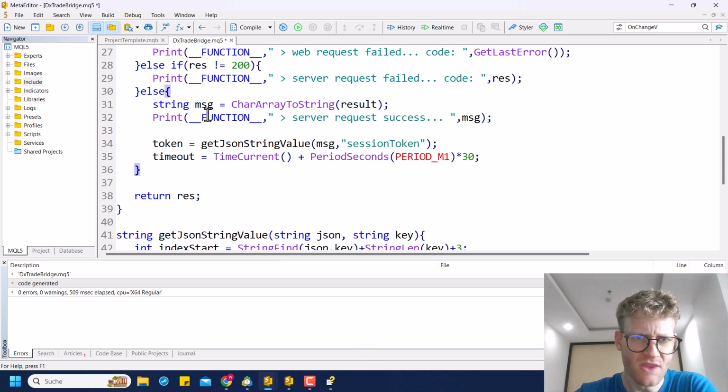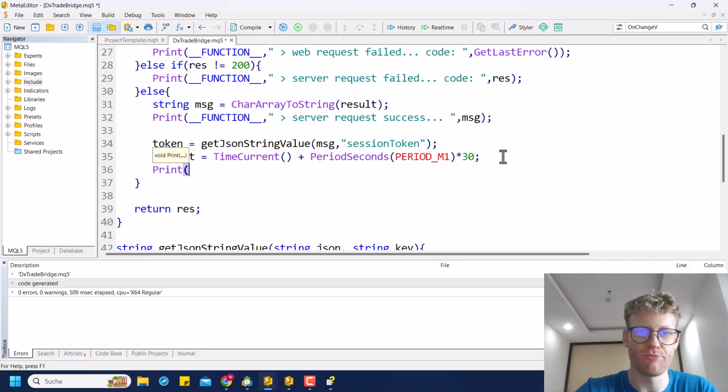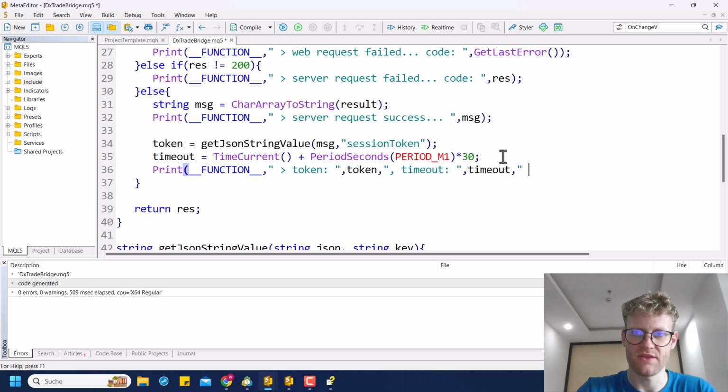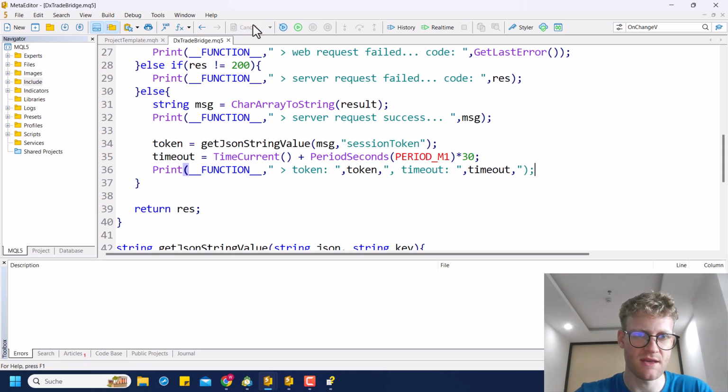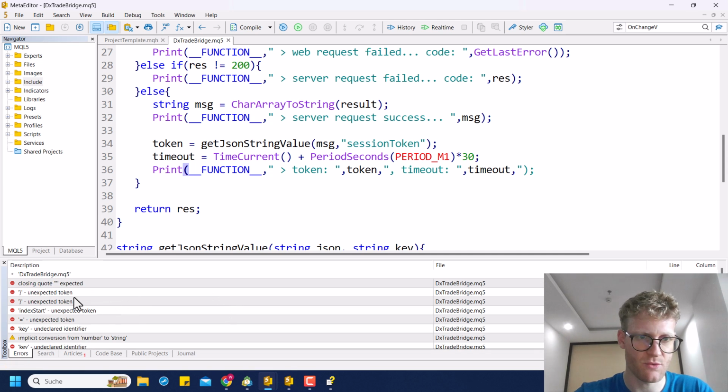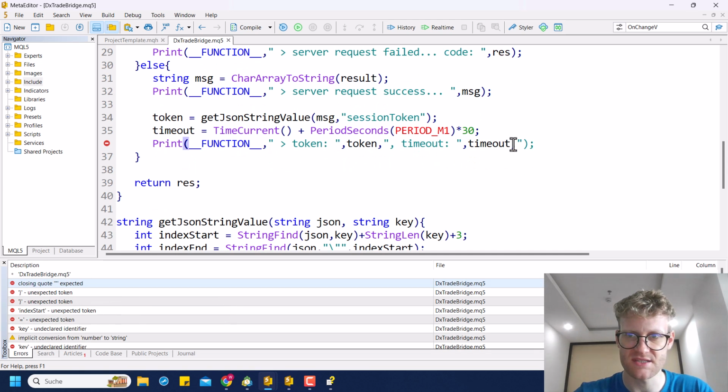minutes for this API. So if we compile this, or we could also say print function, and we just print these values so we know we got them for sure. So let's print the token and also the timeout, like this. And if we compile this, whoopsala, we have some errors. Let me fix this. Yeah, forgot. Wait,